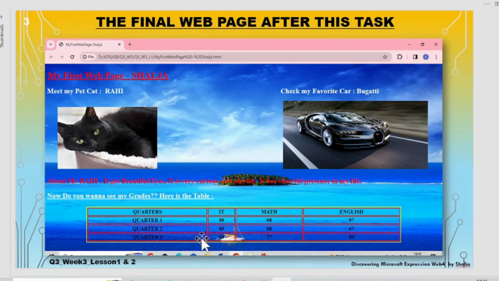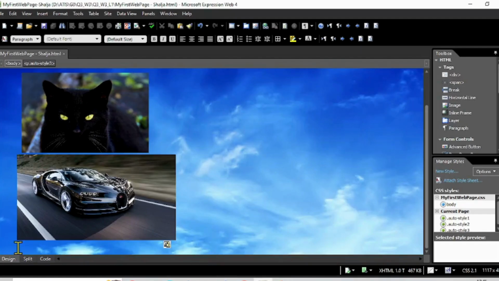Now I'm going to add a text under the cat, explaining about something, a description, like, can you see here, about my cat, something. It's got beautiful eyes or something like that. Now for that, you have to go here, just click in there. See, my cursor is blinking here. I'd like to just type a few lines about